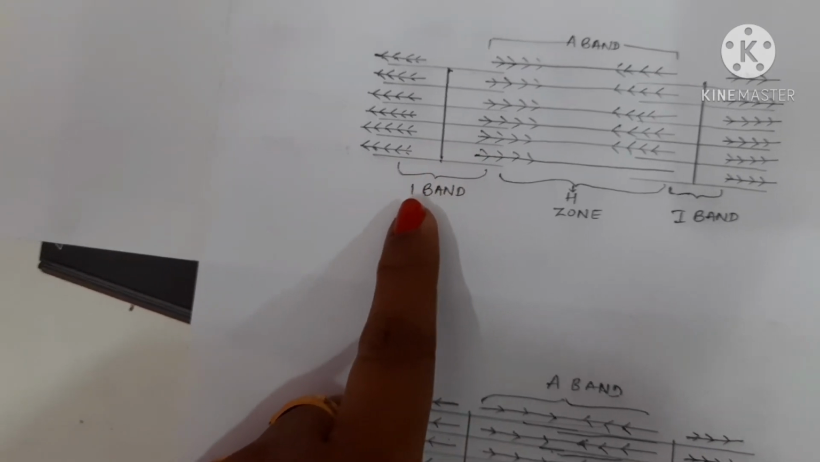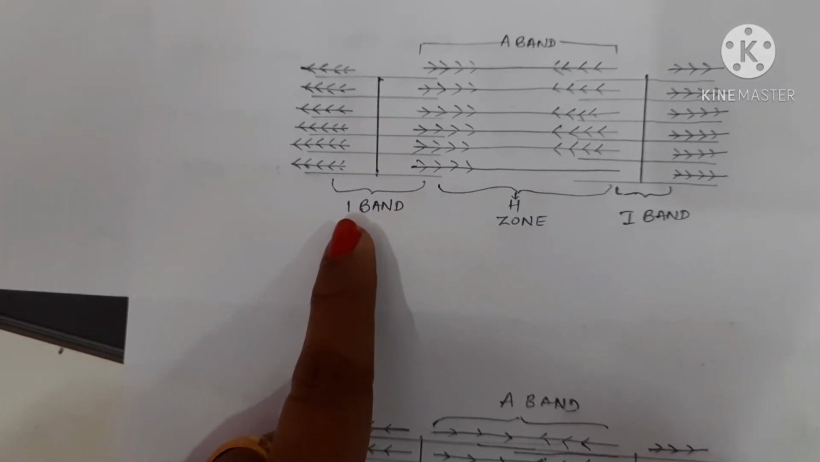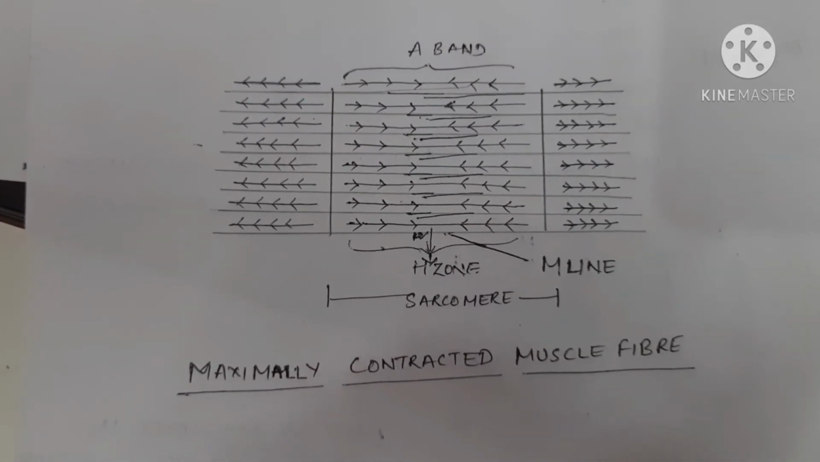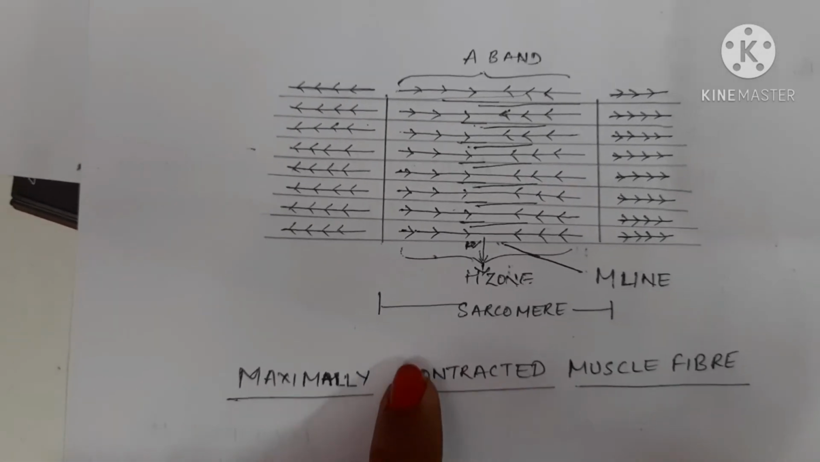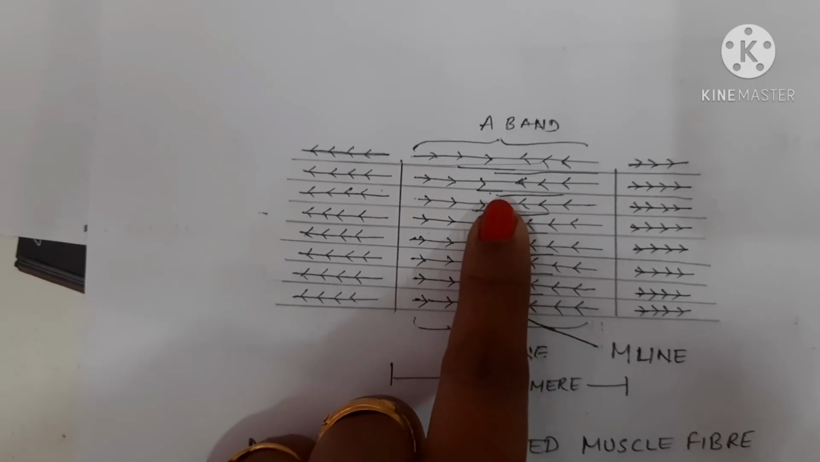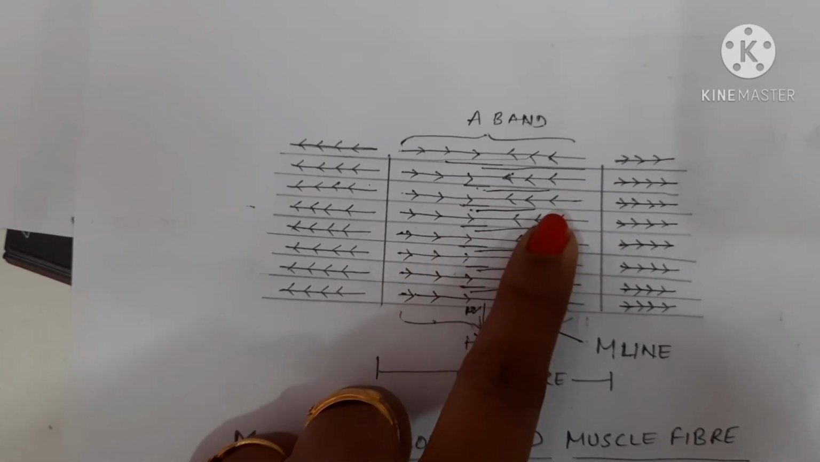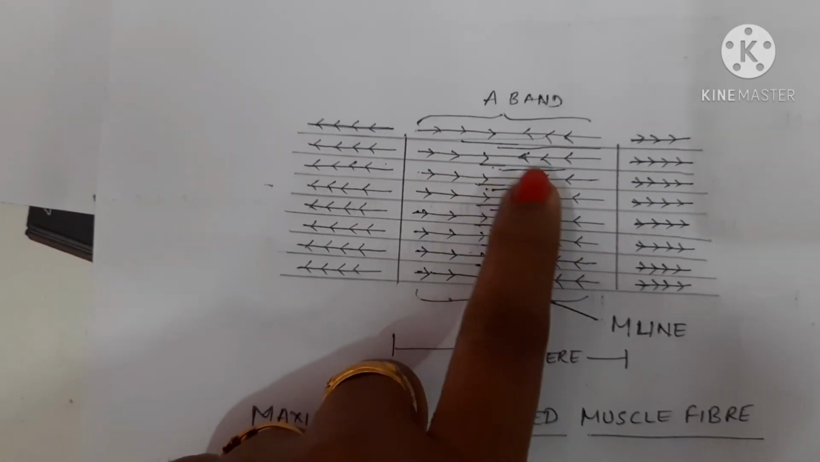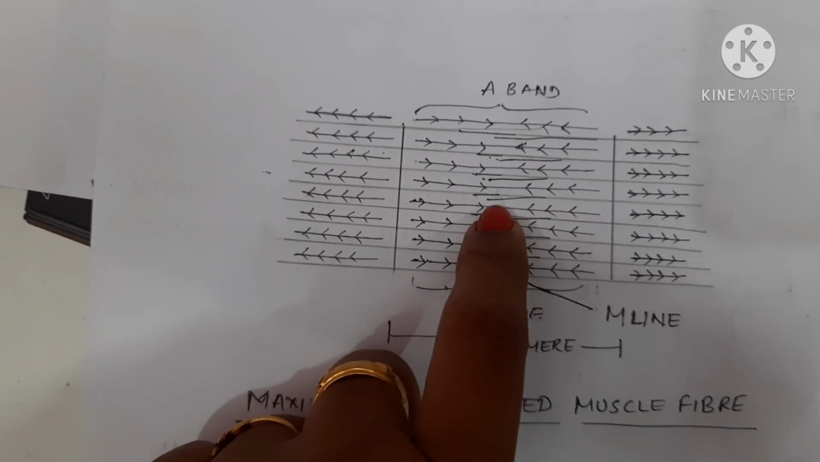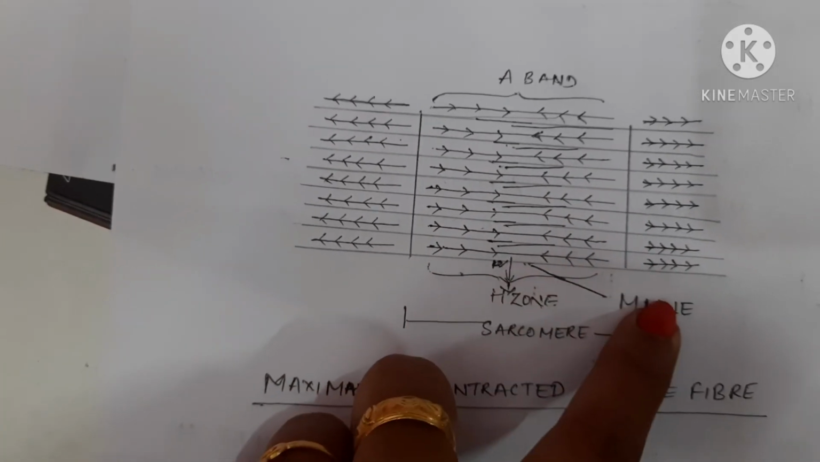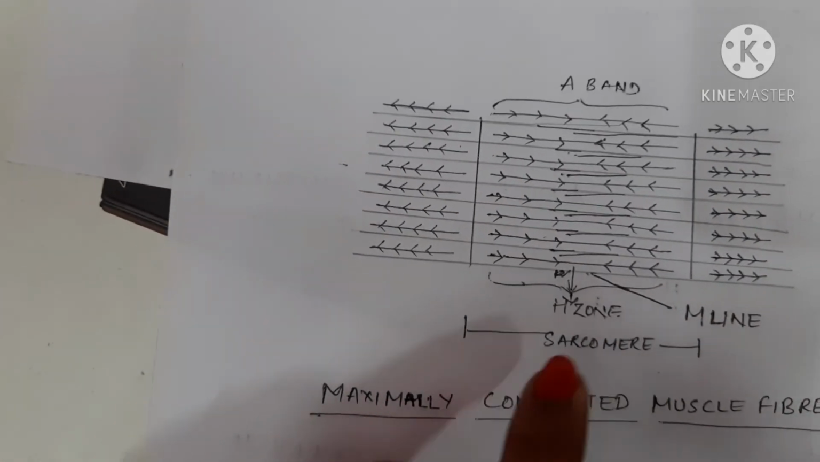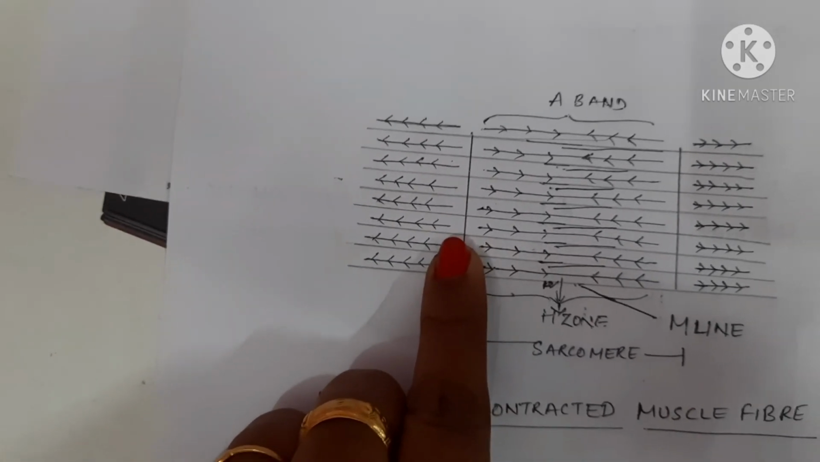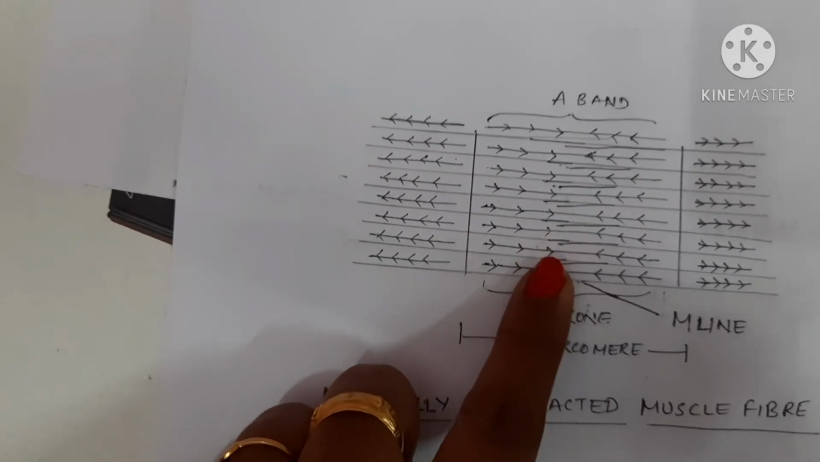Now what happens to these bands or these lines during the contraction phase is, here it is a maximally contracted muscle fiber, where you can see that the H zone has completely disappeared. The actin and myosin filaments slide over one another, and there is a sliding movement here. The H zone disappears and forms the M line in this case, and the length of the I band decreases. The A band remains the same, but